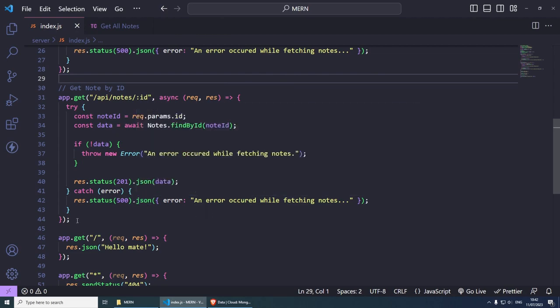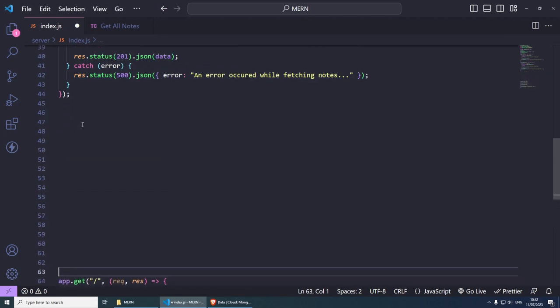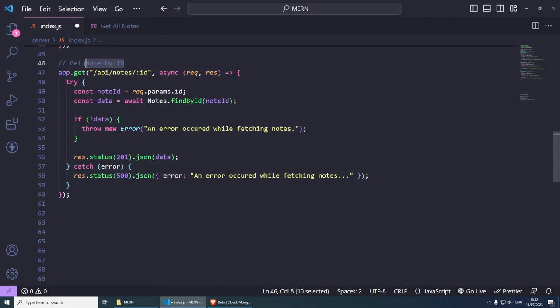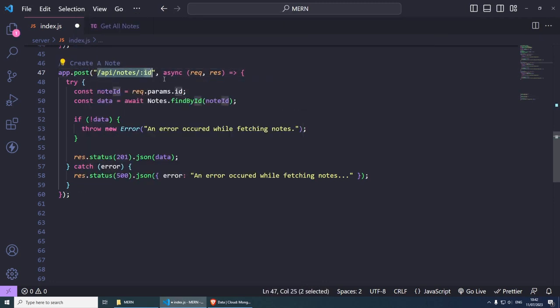So for creating a node, I'm going to copy this one more time and paste it inside here. And then this is going to be create a node. This is going to be app.post. This is very important. Then we're going to have API nodes, remove the ID, just because we want to post